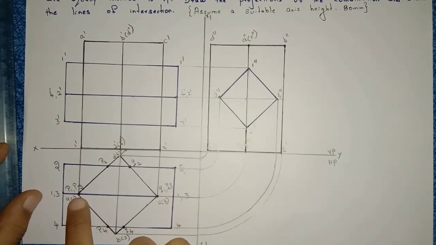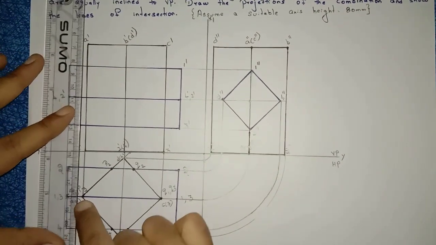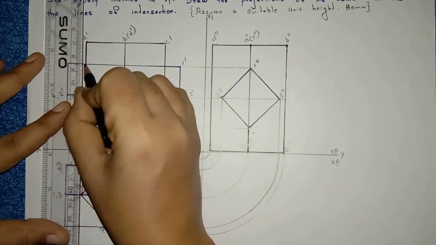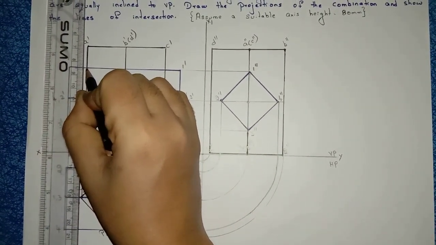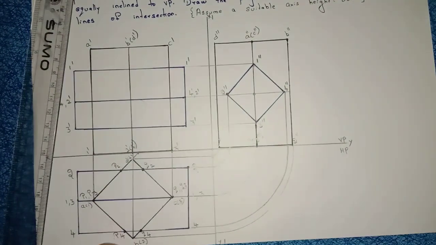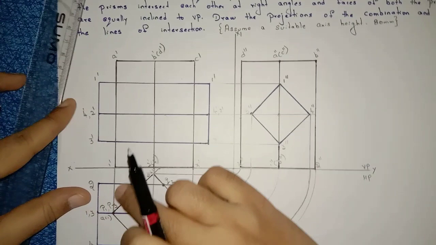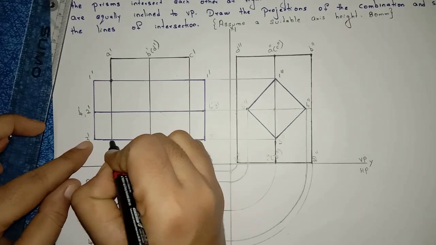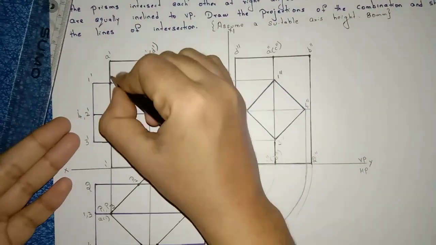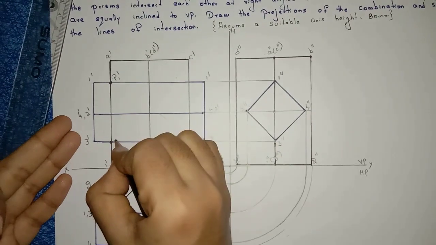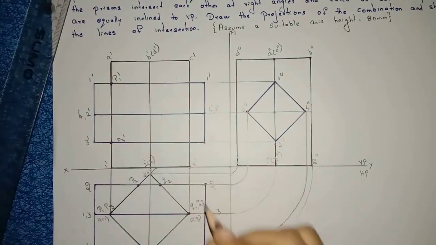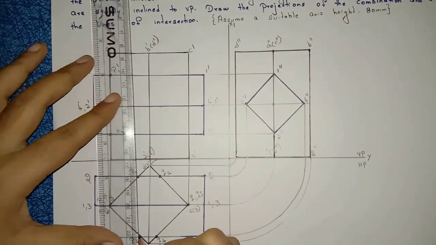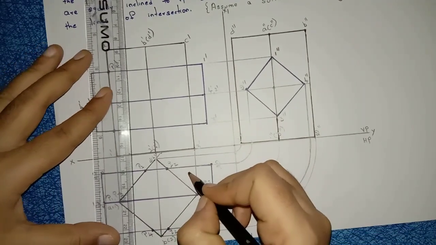First point is P1. Right? From P1, if you project the line till the first point, see, this is the point here. From 1, 3, if you draw a projectional line, this is the first point and this is the third point. Right? What will we write here? P1 dash, P3 dash. Right? If you extend 2 and 4, see, P4, P2.